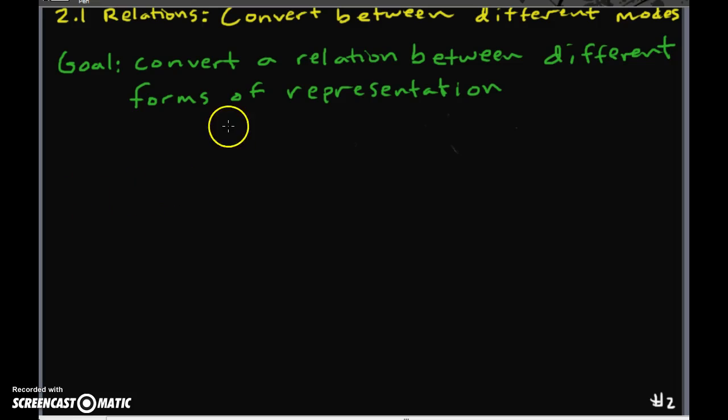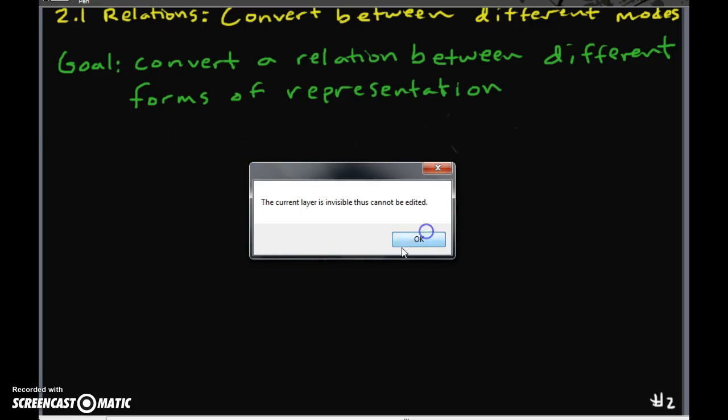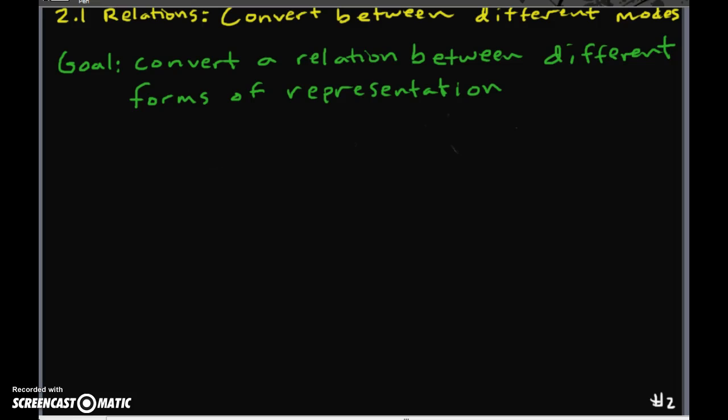Our goal is to be able to convert between the 4 main forms of representation. So we're going to convert from graphs, we're going to convert from tables, coordinates,